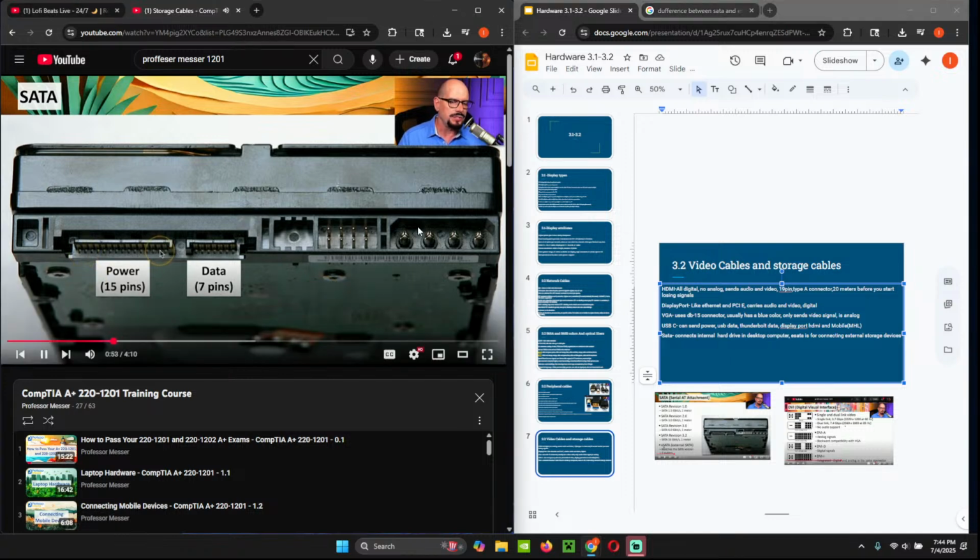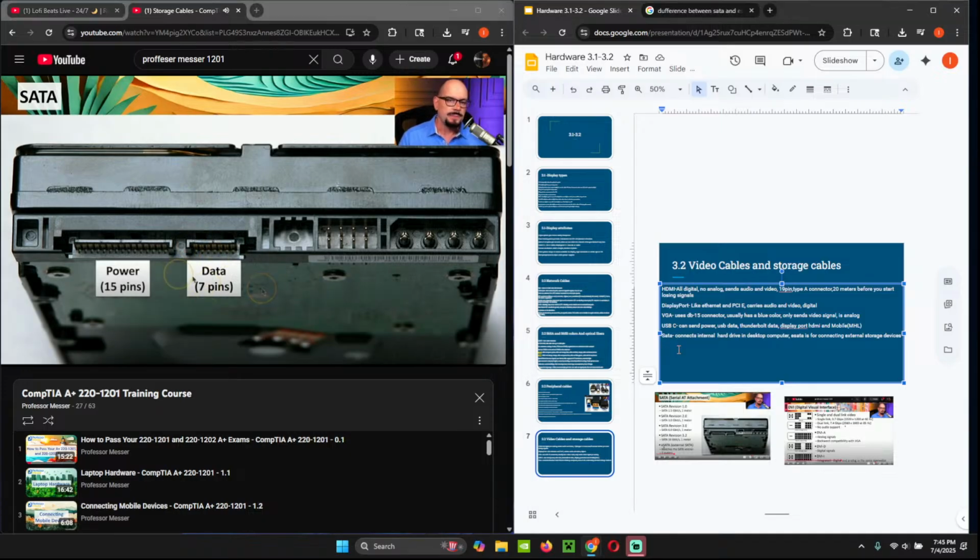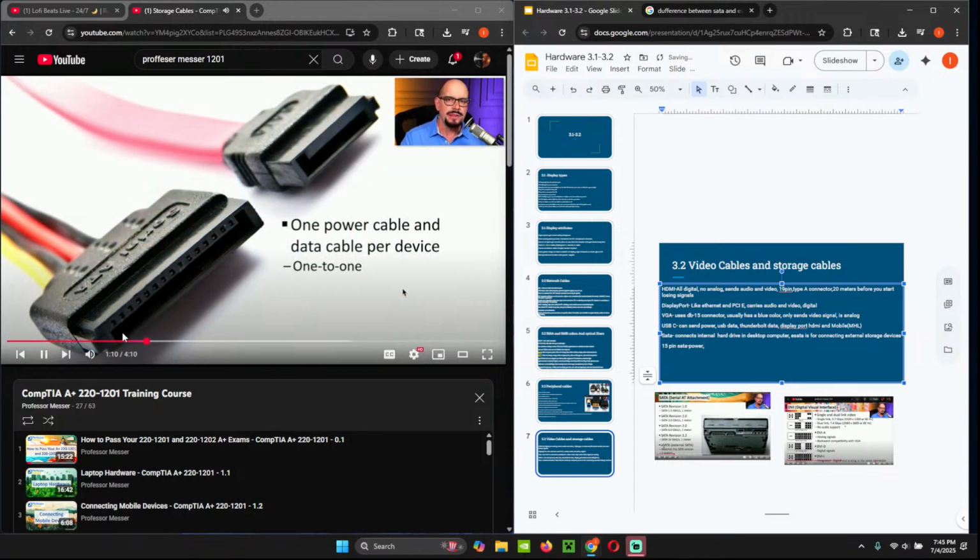Drives. One that is 15 pins, the longer connector, is used for power, and the smaller connector, which is 7 pins, is used for data. This particular drive not only supports the SATA power connection, but it also supports the older style Molex power connector. With SATA, there is a direct connection between the smaller